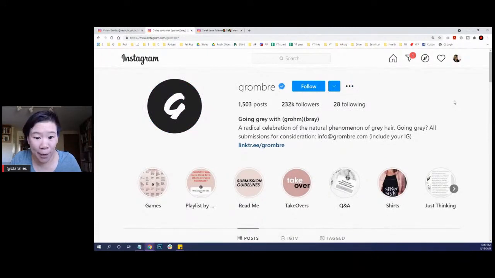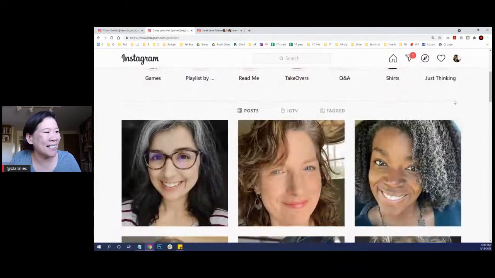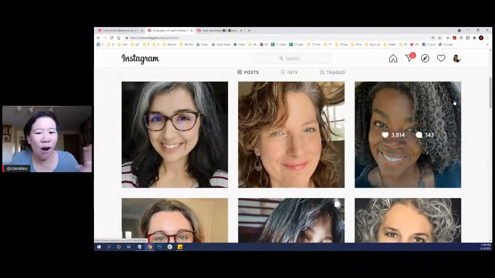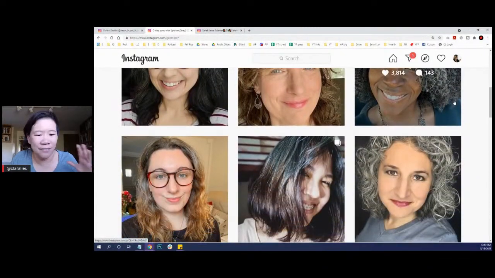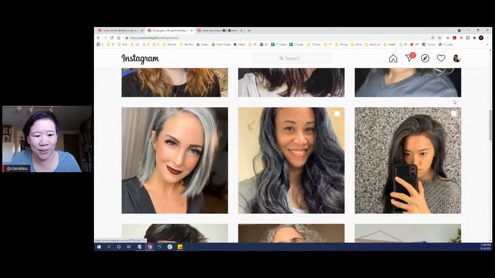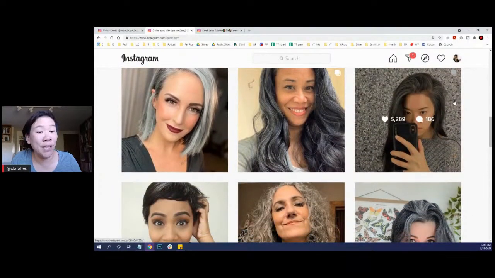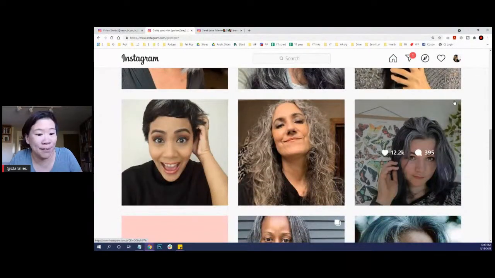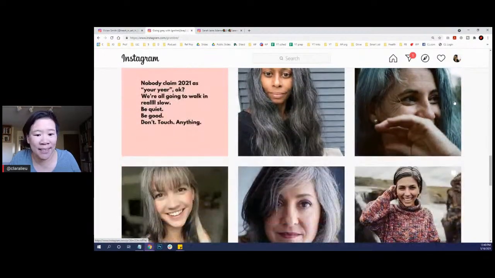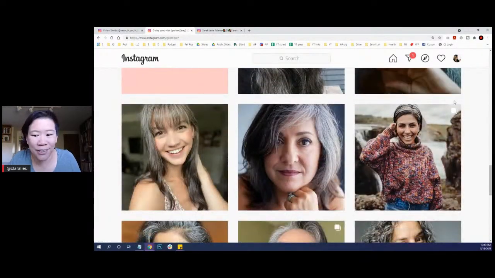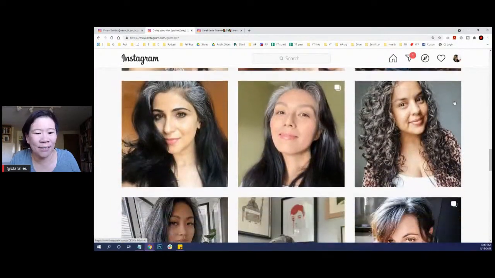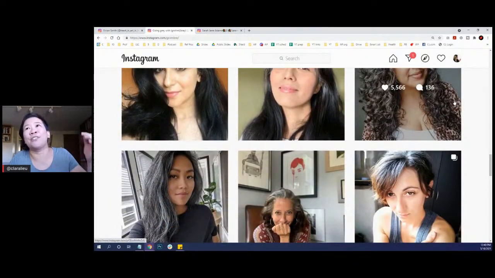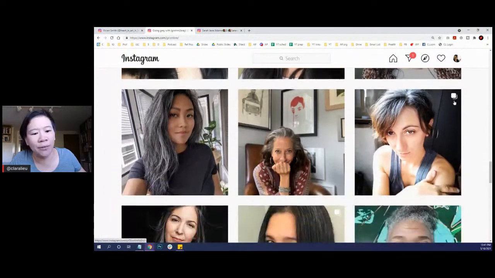It's called Grombre. Okay. So it's an Instagram that's all women that have gray hair to some certain degree. Okay. So the person that runs this account, it's not pictures of them. It's pictures of other women that are older celebrating their hair, which is awesome. And so I would say, Vivian, it's not so much that you have to put pictures of yourself,